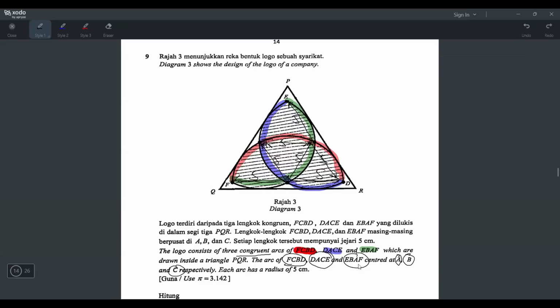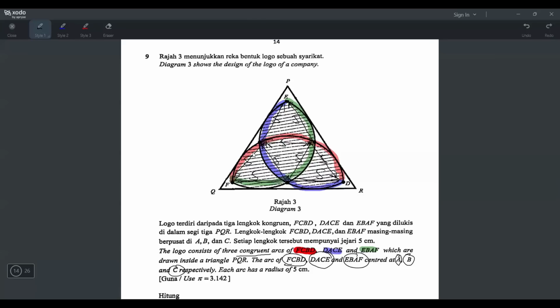Okay, then what about the last one? Center C is the arc for EBAF. Center C, where is center C? This one is C, right? So this is the center for the green color arc. So the radius is 5. So if you tarik to any of the point at the side here, must be 5. Here also 5, here also 5, here also 5. Okay. Okay. After labeling this,